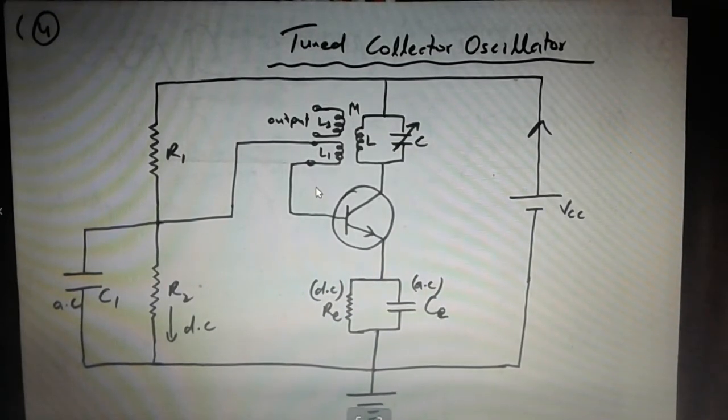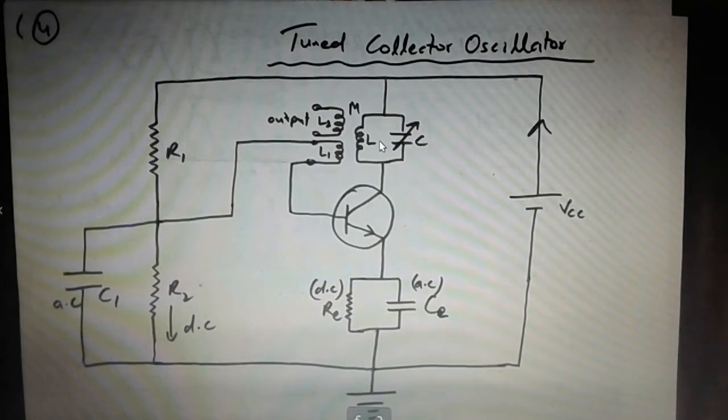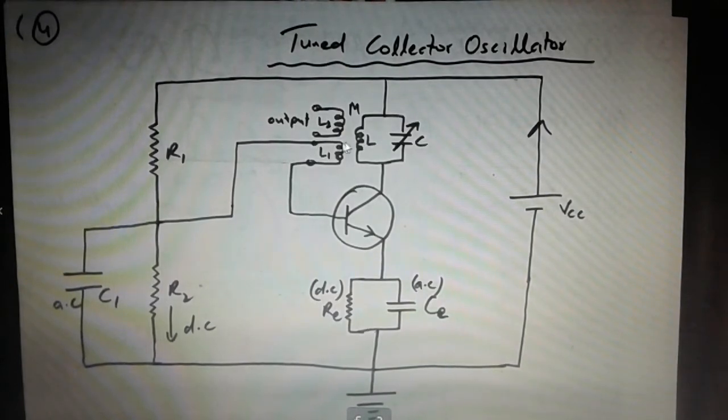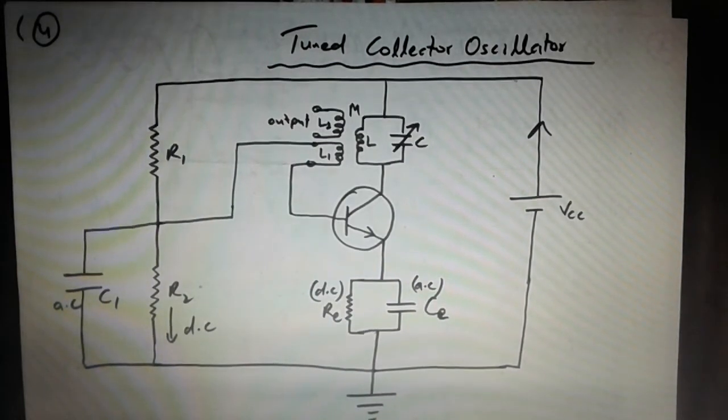That we know from the past. Now 180 degrees of phase difference is produced by the amplifier. Also, L1 and L are both mutually coupled by mutual induction. So there will be a phase difference between the voltage across L and L1, and that phase difference is 180 degrees. Therefore the total phase difference becomes 180 from the transistor and 180 due to mutual induction between L1 and